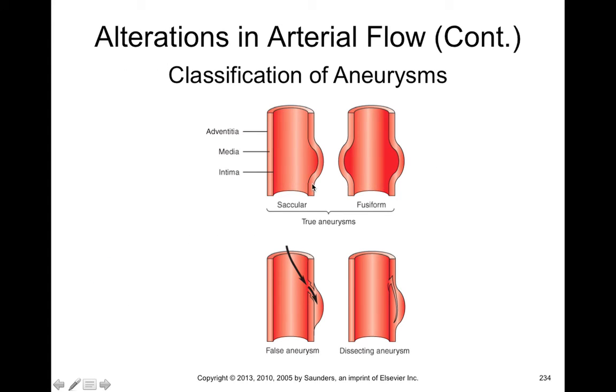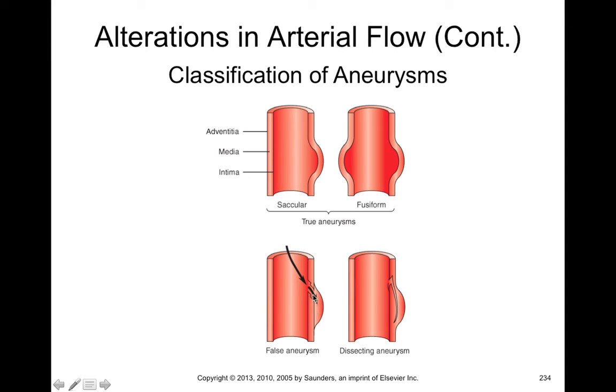So this is what these aneurysms look like. Saccular is just sort of a slight ballooning of one side of the vessel wall. Fusiform is where you find a dilation on both sides of the vessel wall. Otherwise, a false aneurysm is going to be where you get the vessel wall that protrudes, but only because the